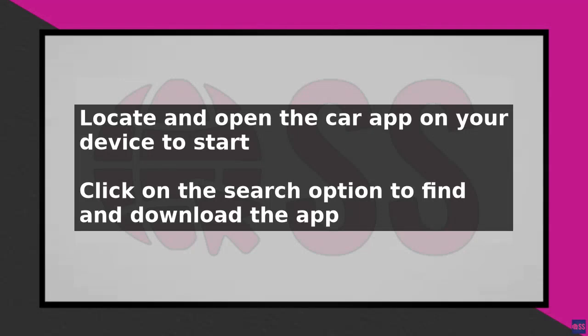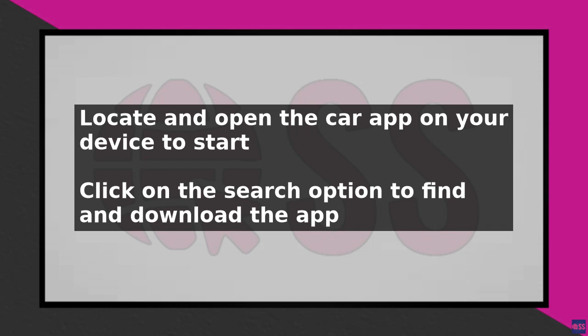To turn on or off notifications in the car app, start by locating and opening the app on your device. Once opened, you will see various sections at the bottom, including search. Click on the search option, which will direct you to a search bar where you can type in the name